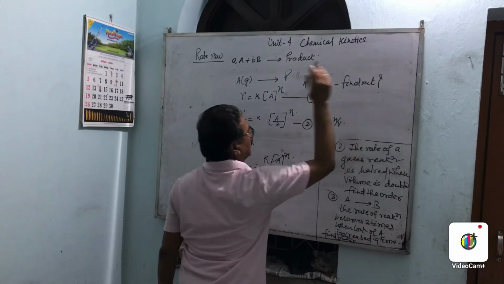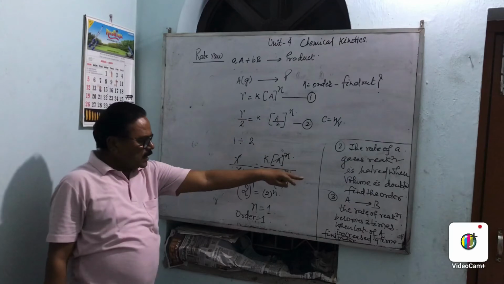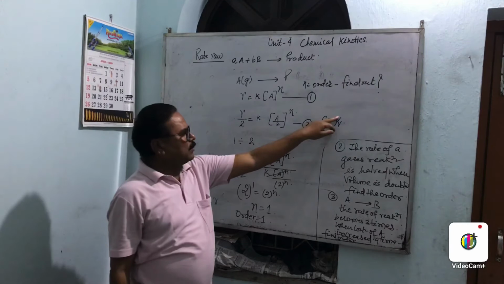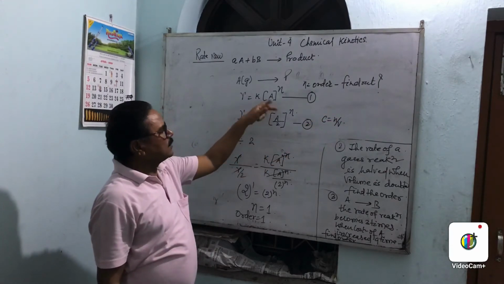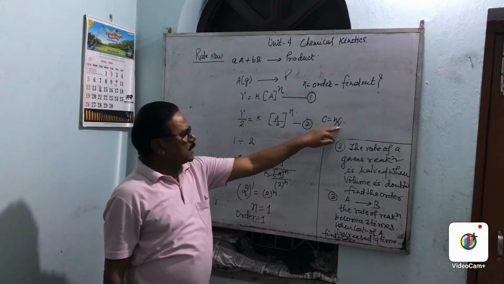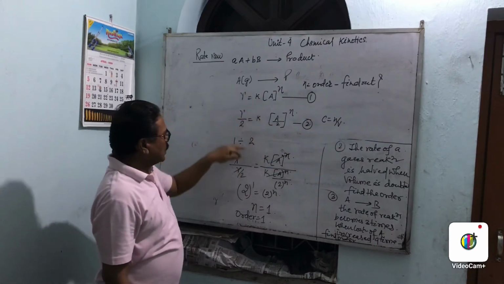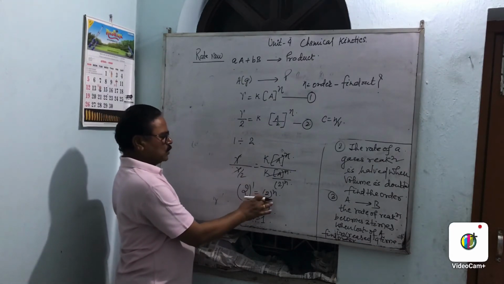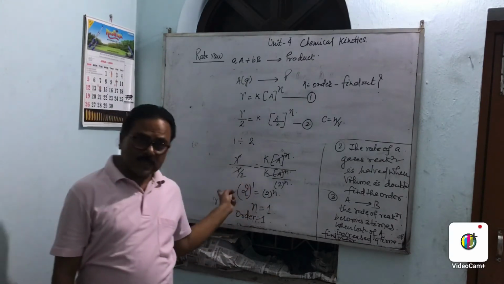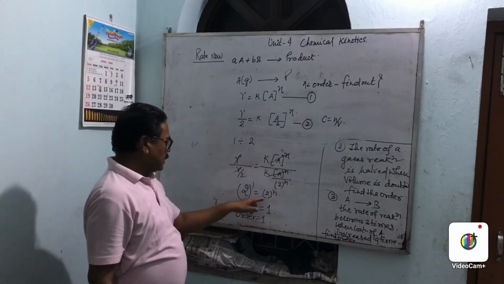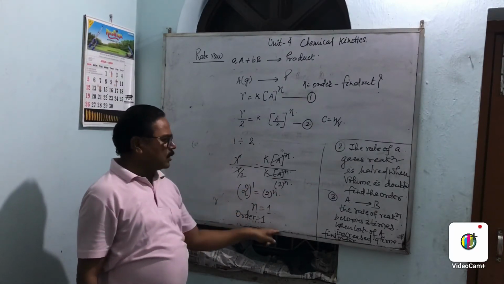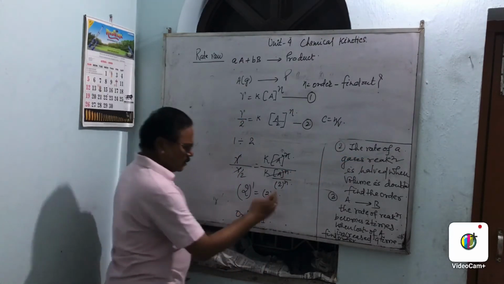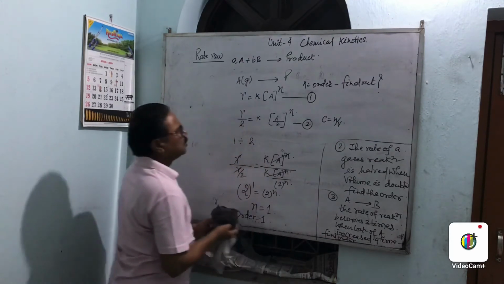This is our aim, to find out n. So first equation. Now the other sentence: when the rate is half, its volume is doubled. So C is equal to n by V, where n is this one, A, and V comes in the denominator. So this is equation 2. Now solving 1 and 2, 1 divided by 2, it comes to be 2 to the power n. When the bases are the same, the power n is equal to 1, so the order of this reaction is the first order. Similarly, the third equation can also be solved in a similar way.